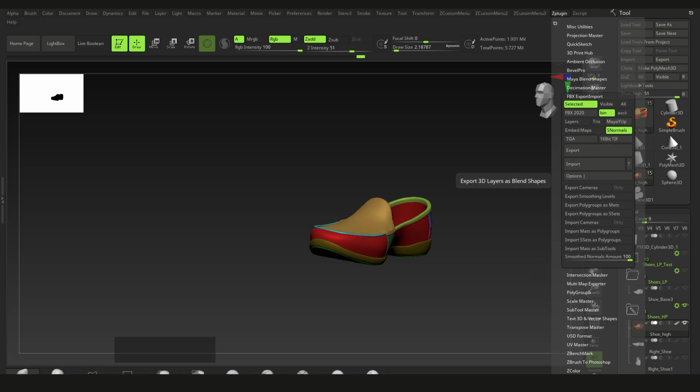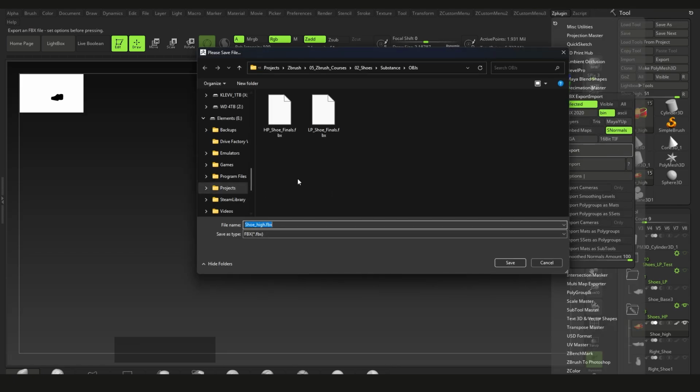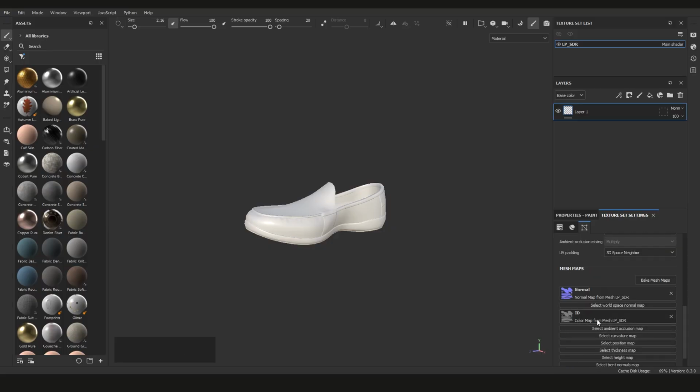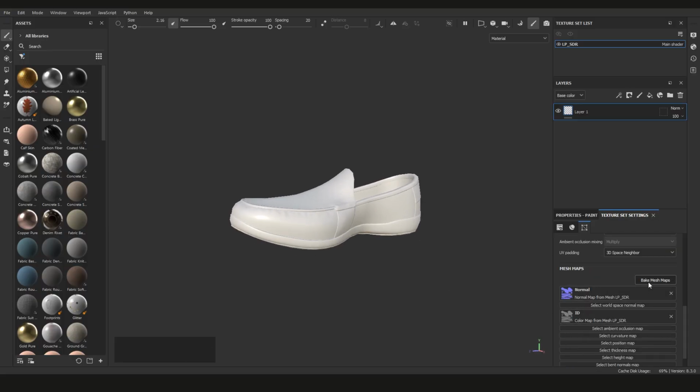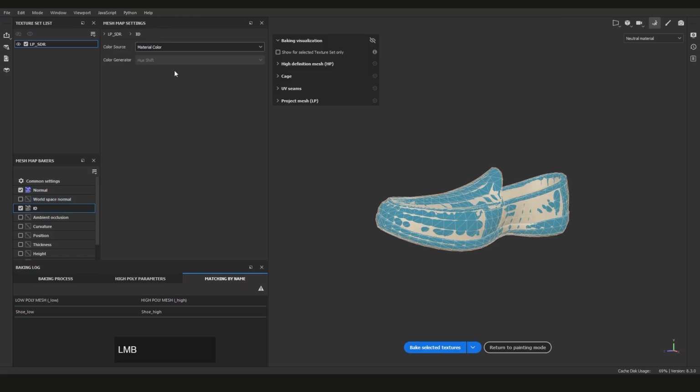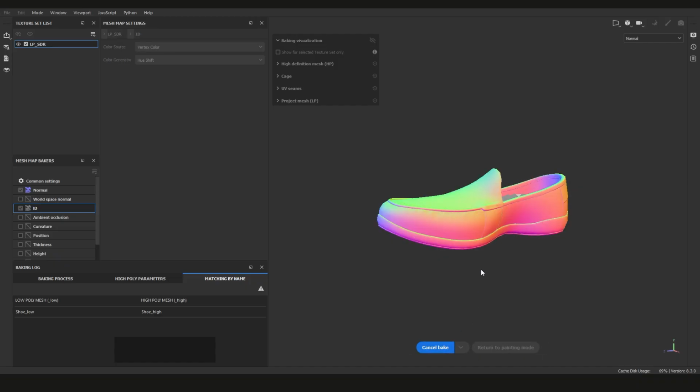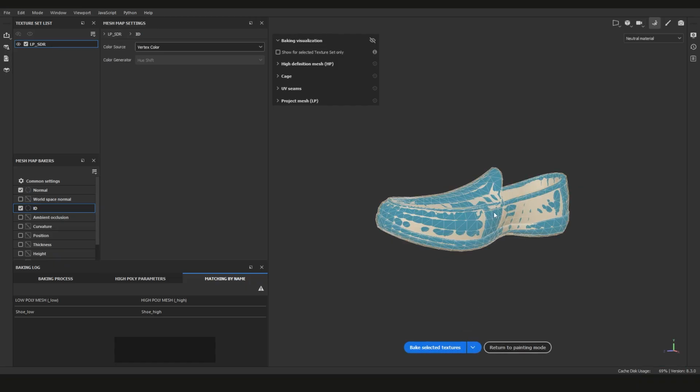So plugin, export. And so here you'll notice that our ID map is, well, it's not ID mapping, right? So we need to sort that out. So go to Bake Mesh Maps, and then under ID, we just need to change this to vertex color because ZBrush uses vertex color. So that will use that there. So vertex color is what we want, and let's bake that again and see what we get. There we go. Okay. So that worked,